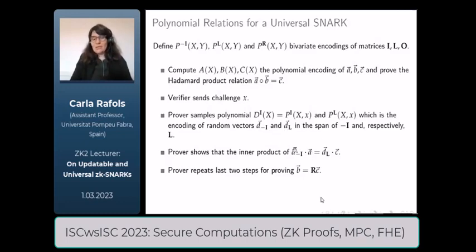And you can do this with polynomial encodings, okay? Why? Because we have the encoding of this vector, which is the I, the encoding of this other vector, which is this partial evaluation, we have A, which is this polynomial, we have C, which is this polynomial, and we also have a way to do inner products when we encode vectors as polynomials. So we know how to do everything, okay? We have the Hadamard product relation, we encode A, B, C as polynomials, we prove the Hadamard relations as polynomials, we sample